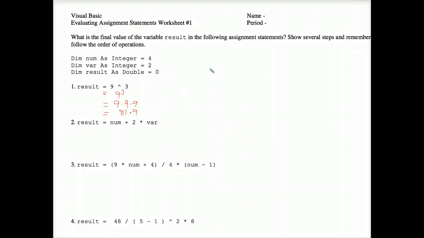And I don't like my students using calculators on this kind of a worksheet because it's so easy. So just multiply 81 times 9 the long way, and you get the answer of 729. I don't have room to put the 729 below, so I'm just going to circle my answer right here to the right. So that value, 729, will plug into the variable result if this were code in a Visual Basic